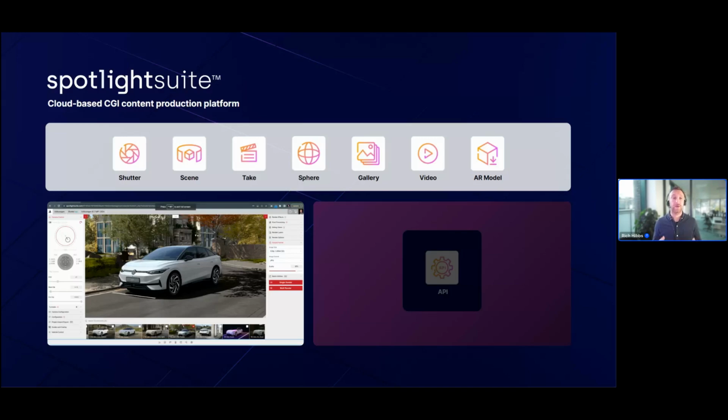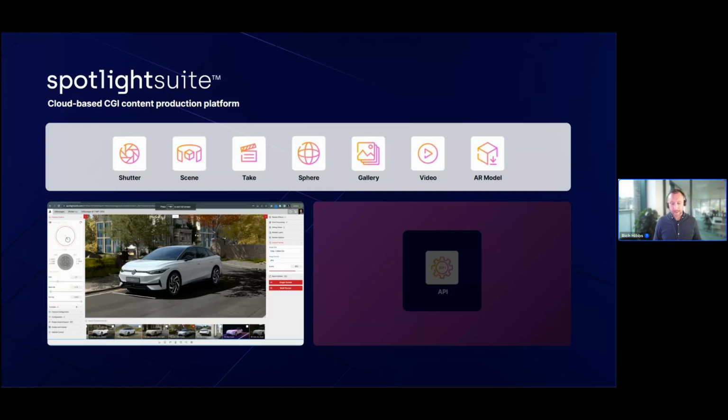And then basically a user chooses an application that they want to use. They choose a vehicle, and then depending on the app, they will move a camera around. They can use post-processing effects. They can affect the lighting. They can affect multiple things. They can generate images and videos, but then they can also save that look. So if they have a certain look that they have created, certain style, certain lighting effect that they like that they want to use over other campaigns, that could be saved, and that can then be shared with other people in your team. But it could then in future be requested via the API, which we'll talk about in a moment.